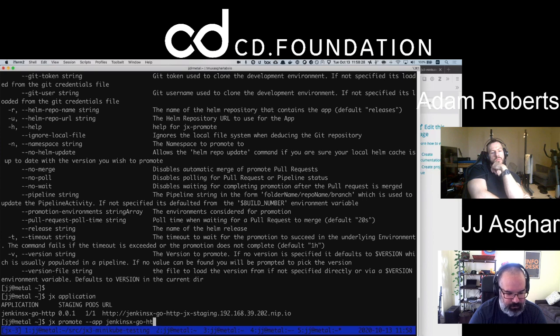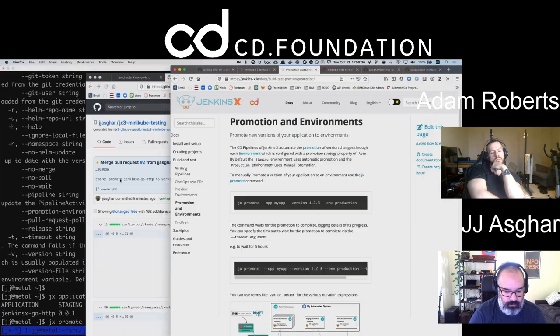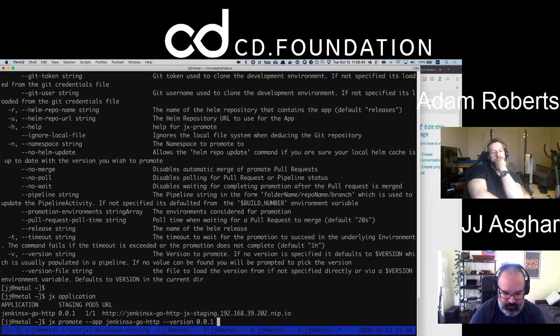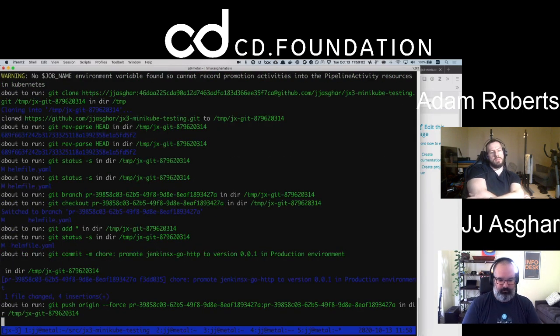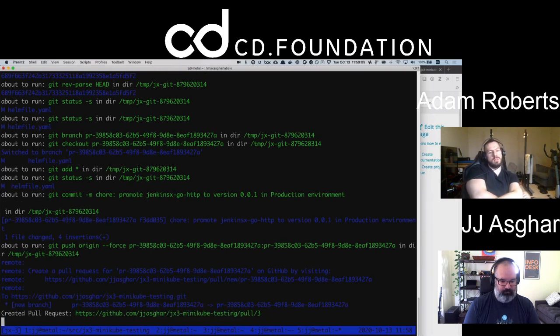Jenkins-X Go HTTP version. Automation-wise, this drives me crazy, but what am I looking for? Semantically, this is awesome. This is really forcing me to do the right thing here. Yeah. So, according to what we've seen so far, this command should take this and put it into jx-production. I think it'll do a pull request first, but once it's merged, it'll deploy into the production namespace. And I do believe that you'll be able to preview this before you merge it.